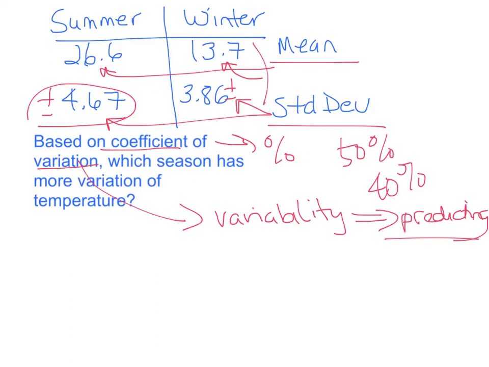Now, we see a smaller standard deviation for the winter, which we might be inclined to think means that this data is more predictable, that the winter is a more reliable temperature measurement. But that might not necessarily be the case, and this is where coefficient of variation comes in, back to that percent. So we're going to actually calculate using standard deviation and the average to determine